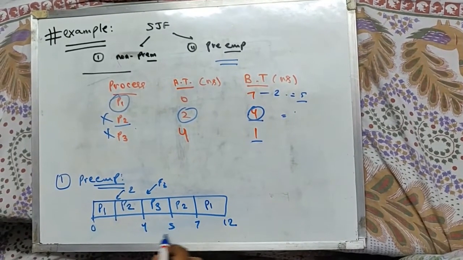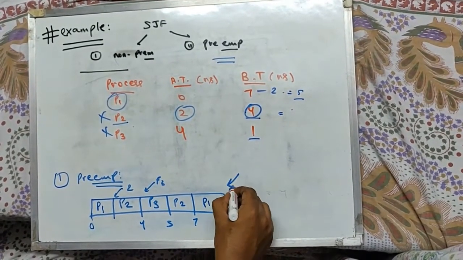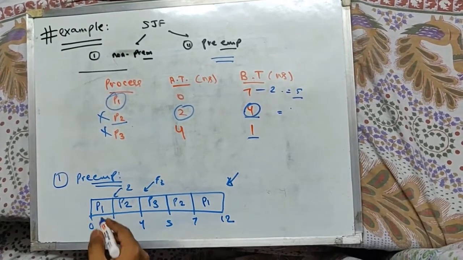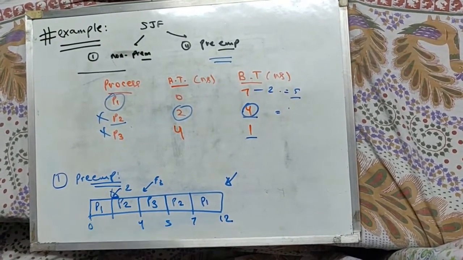Hence we observe that this is how we get the result for preemptive, that is, the task can be halted in between. We basically had an overview of the scheduling algorithms in operating systems. We went through a lot of concepts and terms, and finally we solved an example, shortest job first, using both preemptive and non-preemptive.